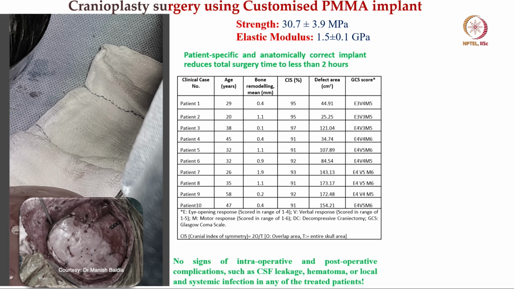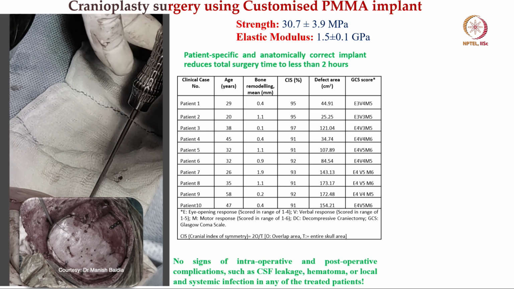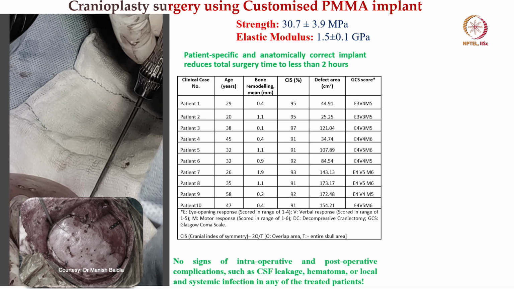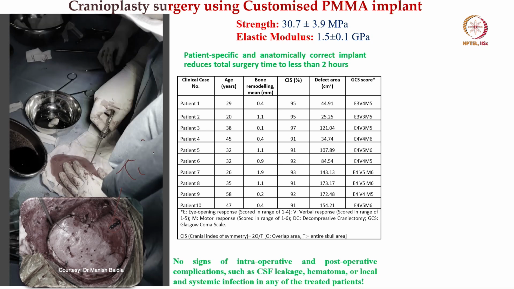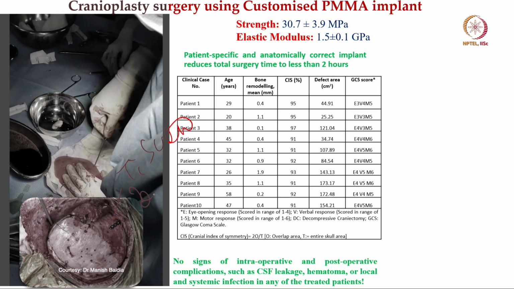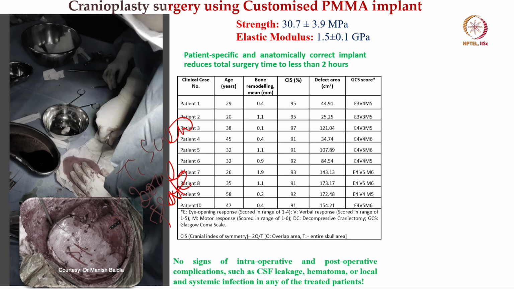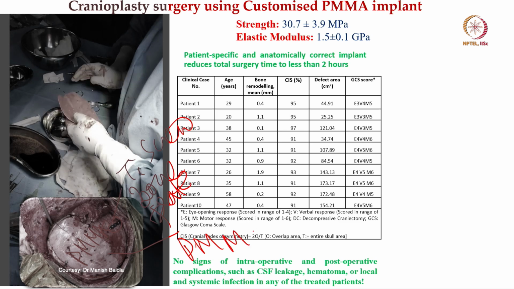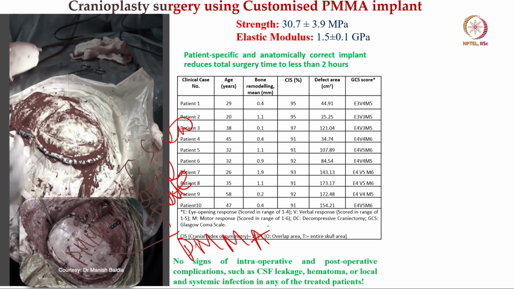So, I'll continue to show you the video which I have shown, and this video essentially is taken at the operation theatre when the patients undergo cranioplasty surgery. So, this is the last part of the video, and you can see the inset in this video. You can see this is the titanium screw and bone plate, and this is the PMMA bone flap, polymethyl methacrylate bone flap, which is mostly used. This is done on Indian patients.